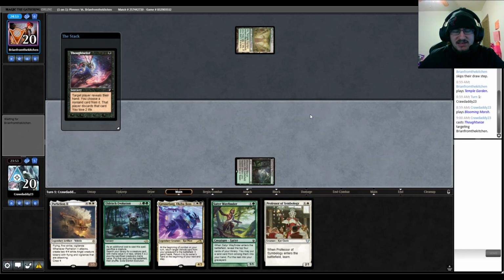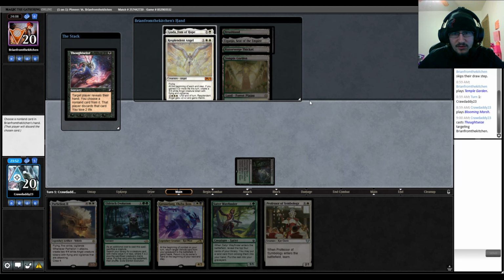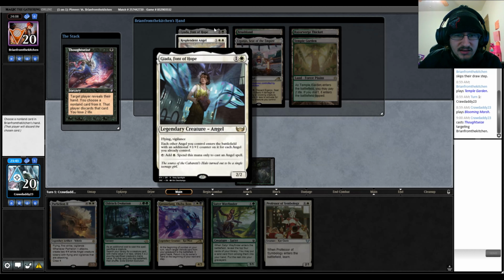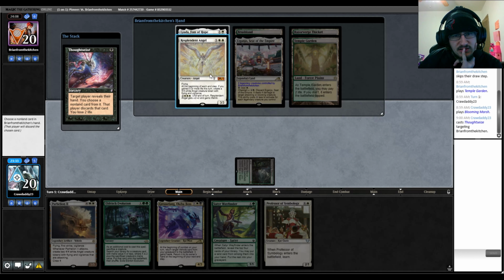Probably, I'm expecting to see the Greasefang mirror, but they have Satyr Wayfinder and Greasefang and other things. But they're playing Green White Angels, so interesting. We can take the Giada, and that essentially ramps them, or we can take the Resplendent Angel. The Resplendent Angel is definitely the best card, but Giada is a card that they can play on their next turn. So